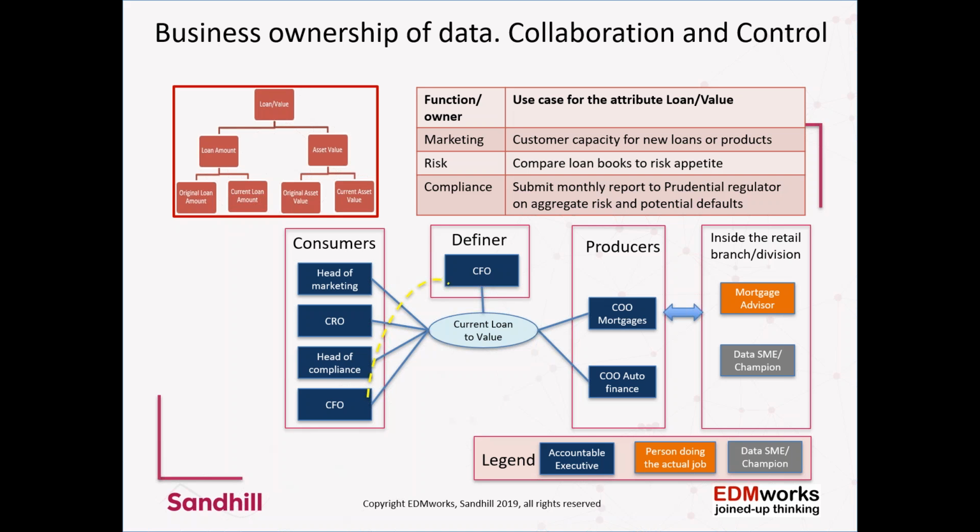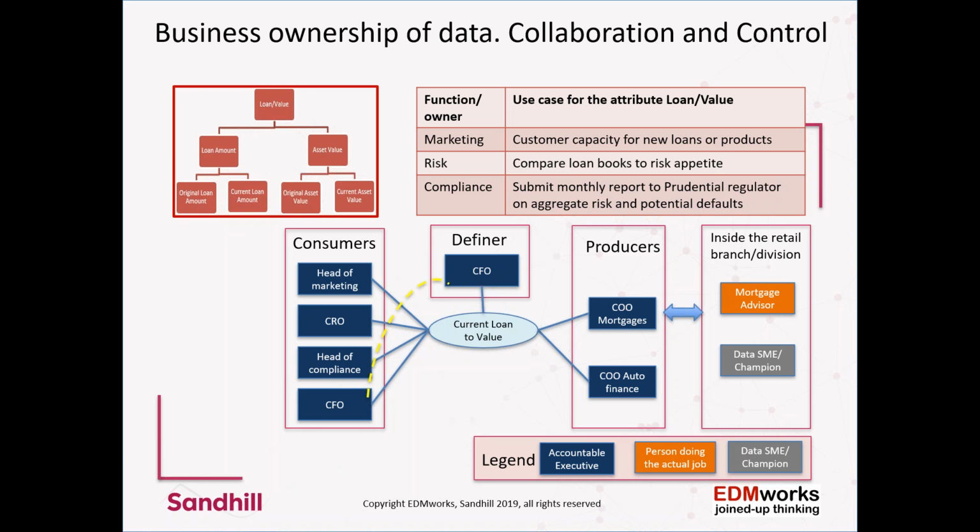So, for example, inside the retail branch division, you've got two different types of role. You may well have a mortgage advisor who's working with customers, who's actually got to put the data in. So it's their job to work with this data, put it in, and make sure it's correct. They will be experts on their job. Their job description may have been expanded to have some specific data quality objectives added in, but they won't be an expert on all the different data activities that are going on.